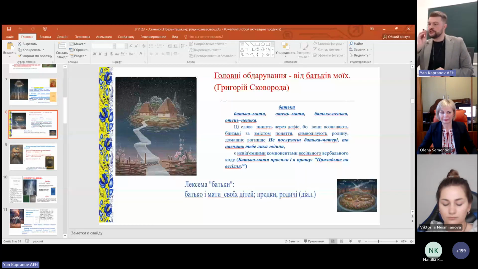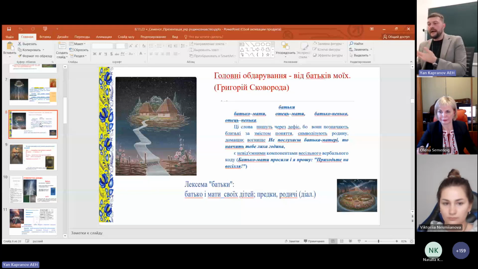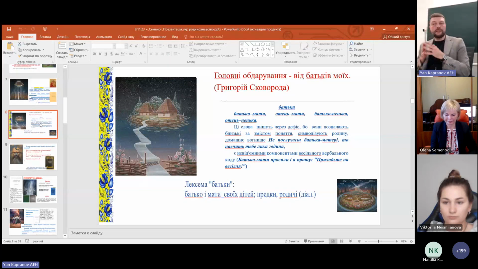So speaking about such a word as relative, let's say relatives or parents. Yes, parents, it can be parent: it can be mother, parent, it can be father, parent. In our cases, this is only mother and father, yes? And all those words are given in Ukrainian, but they are written through the dash, yes? They designate, they identify close-by-meaning notions, and they symbolize the family. It doesn't matter how they're called, but they symbolize the notion of the